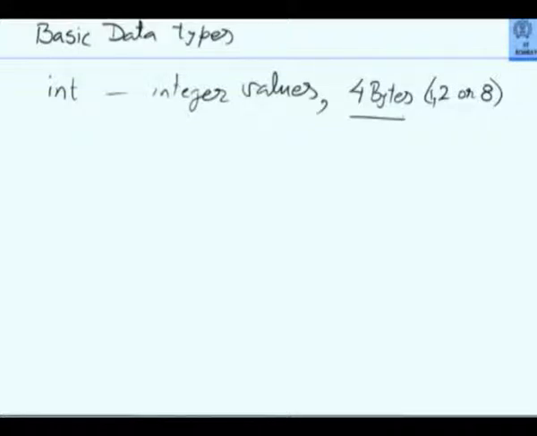And the internal representation, with which we don't have to do much, but we note that it is represented as a binary number, usually in 2's complement or signed form, and the range is from minus 2 to the power 31 to plus 2 to the power 31 minus 1. That is the range in a 4-byte integer.